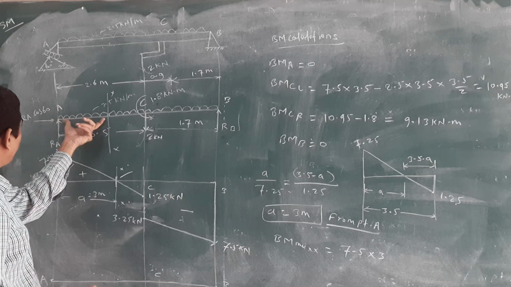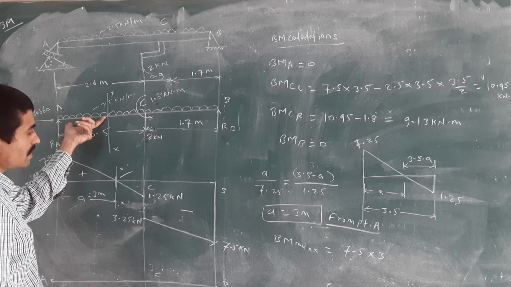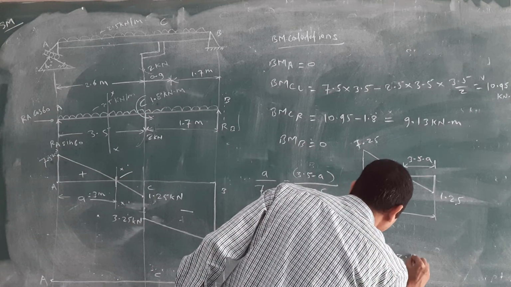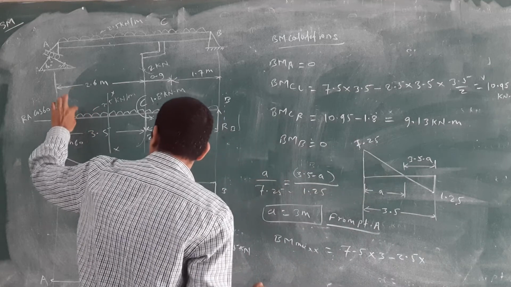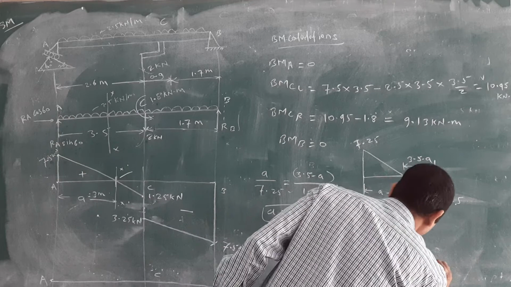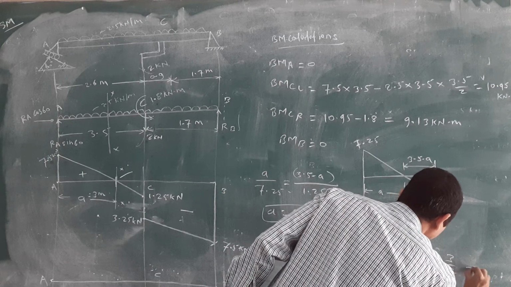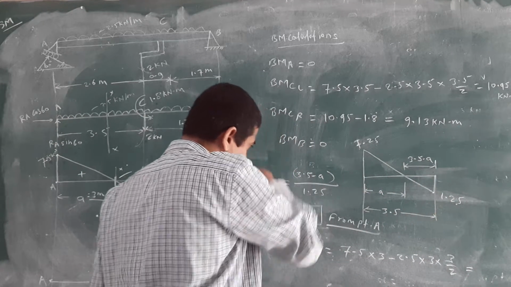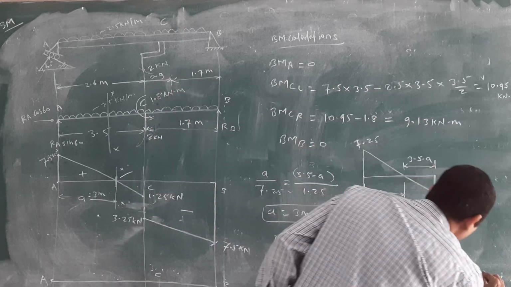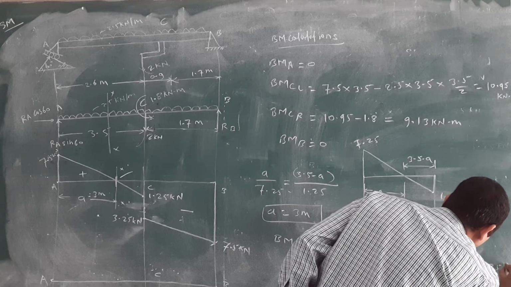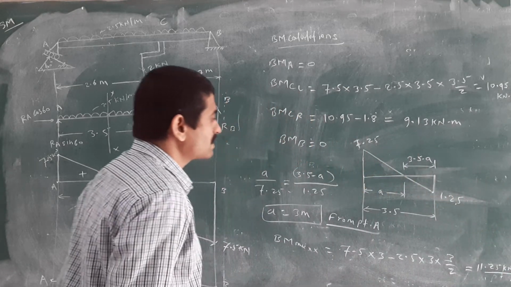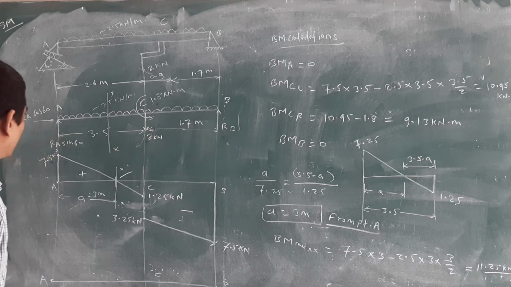Then you have to consider this UDL up to the 3 meter. Okay, means 2.5. This is going again in the anti-clockwise direction. 2.5 into what is this distance? 3 meter. 3 meter into 3 by 2 is there. Is equal to, if you have calculated this value, then you will get 11.25 kilonewton meter. This is the maximum bending moment. 11.25